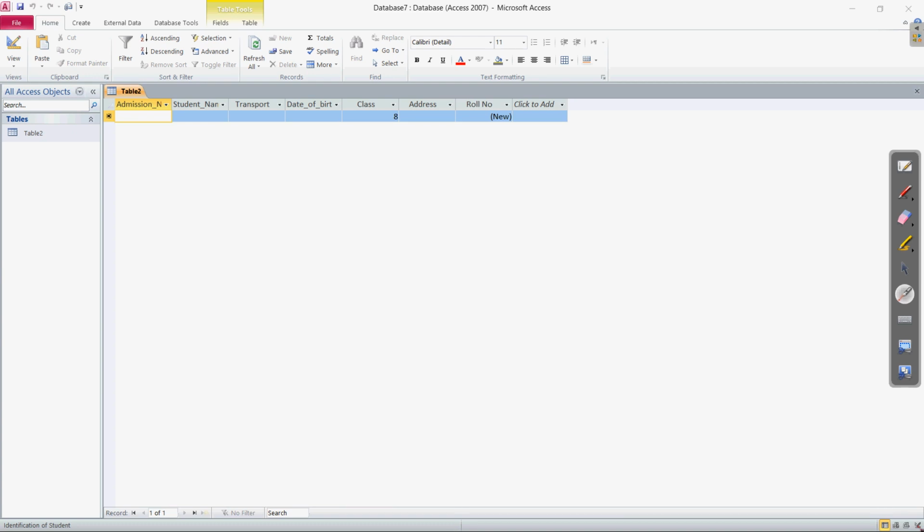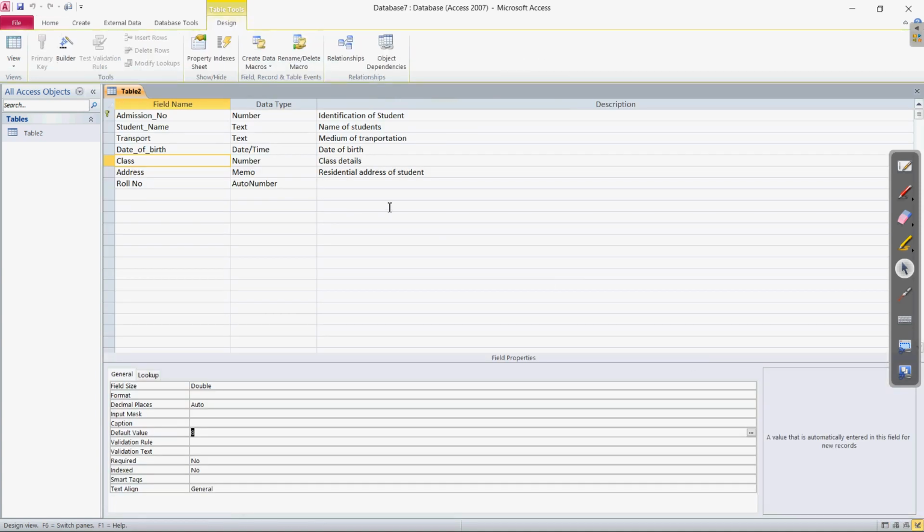Now coming to the design view again, this datasheet view is exactly how it will appear, and the design view which we are working on is the designing of the database, clear. So this way you can check whatever conditions and settings you are applying, how they are going to affect the view of the database which is being represented to the user.